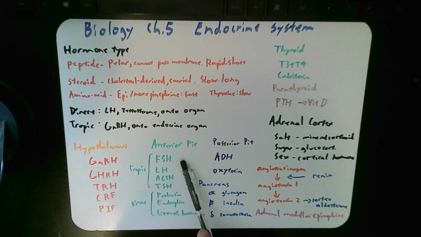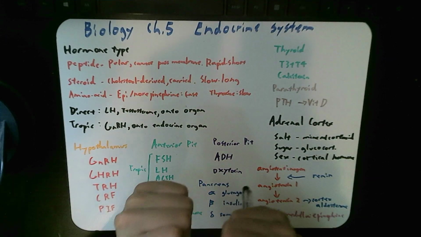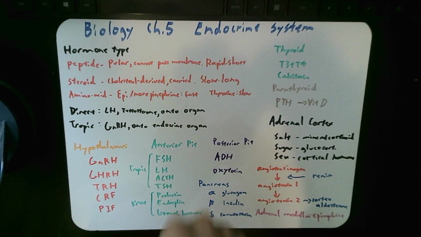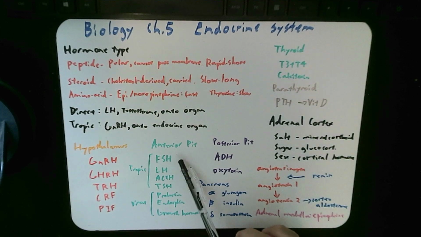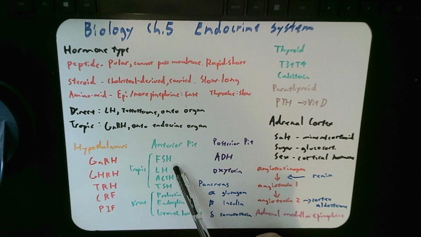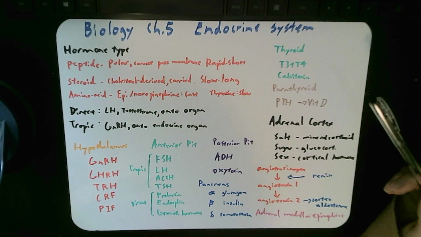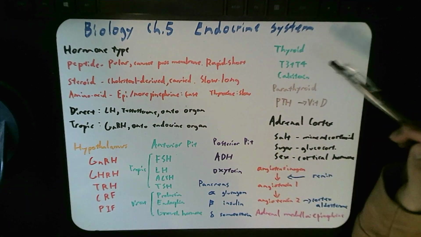Now we take a look at the anterior pituitary gland. Just below the hypothalamus are the anterior pituitary, as well as the posterior pituitary. They're like two balls. The anterior one is in the front, and we can remember the hormones it has using the acronym FLAT-PEG. FLAT stands for follicle-stimulating hormone, luteinizing hormone, adrenocorticotrophic hormone, as well as thyroid-stimulating hormone. All four of these are tropic hormones in which they act onto another endocrine organ, right?